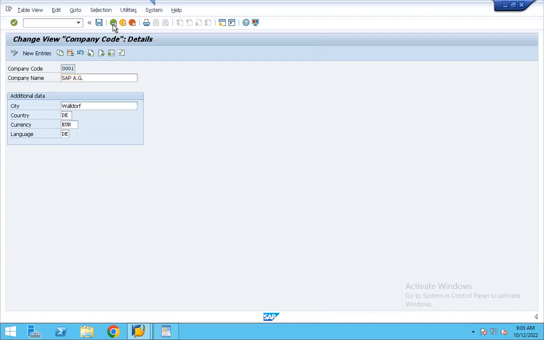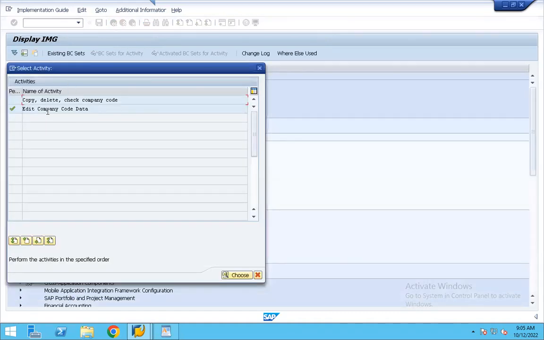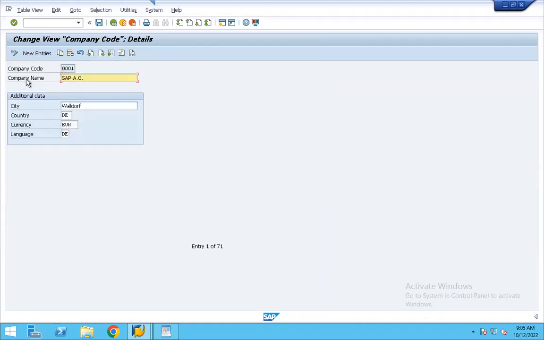And then just come back. So usually what happens is, if I create my company code by putting only these entries, the company code alphanumeric string code, the company name, and city, the system is not going to work well, because this is just containing the address part.